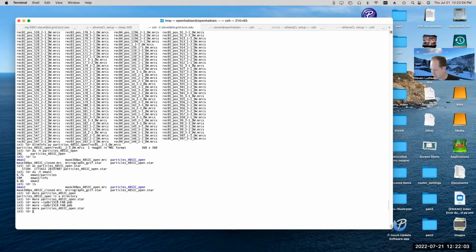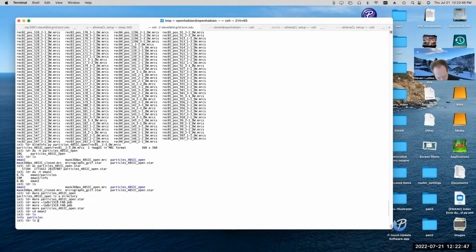EMAN, on the other hand, had historically used other approaches than this. Ten years ago, we were using this sort of BDB approach for storing things, which was a local database format, and is actually one of the reasons why people switched from EMAN to Relion so heavily back 10 or 15 years ago, because of the annoyance of that strategy. So about 12 years ago, we switched from that database strategy to JSON files.